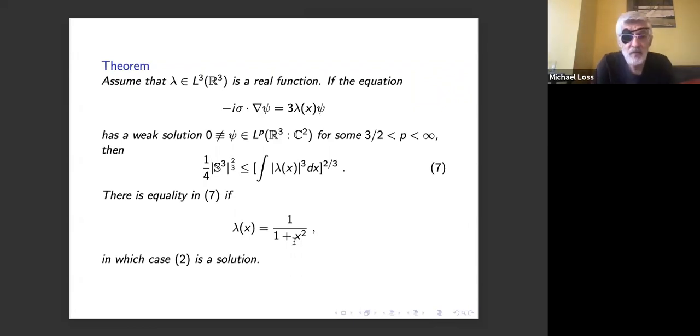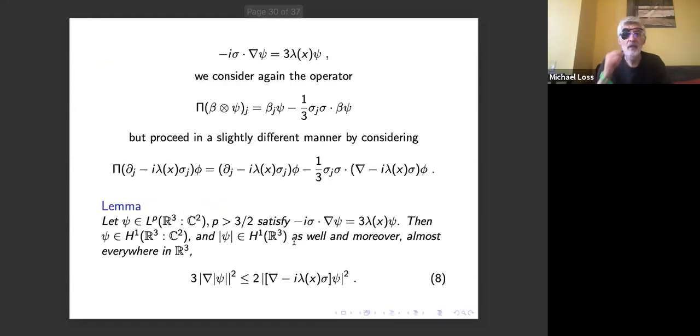And so now how does one prove something like this? Let me just sort of glance over the ideas. So you look at this equation, and again, you consider this projection, right? But now you twist it slightly differently. Namely, what you do is you look at pi of d_j minus i lambda sigma_j psi. Because you see, when you plug this in here, you get the right-hand side, and since the psi's are solving this equation,